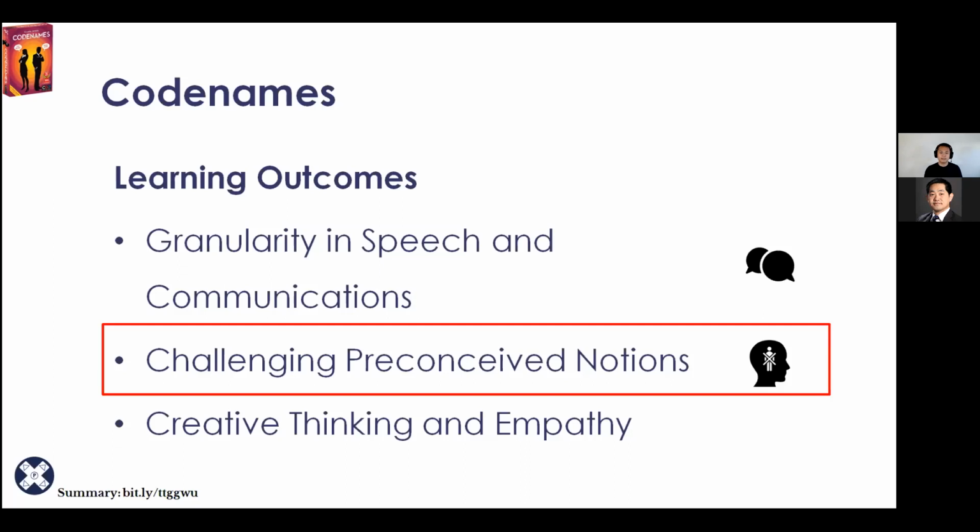But again, you're targeting what your individual teammates are thinking about and how they could interpret that individual clue. The second thing is challenging preconceived notions. Individual students or other people on your team could have preconceived notions about words on the board. How would you interpret that as a spy master? And then also, how would you give an appropriate clue based on whatever those preconceived notions are?